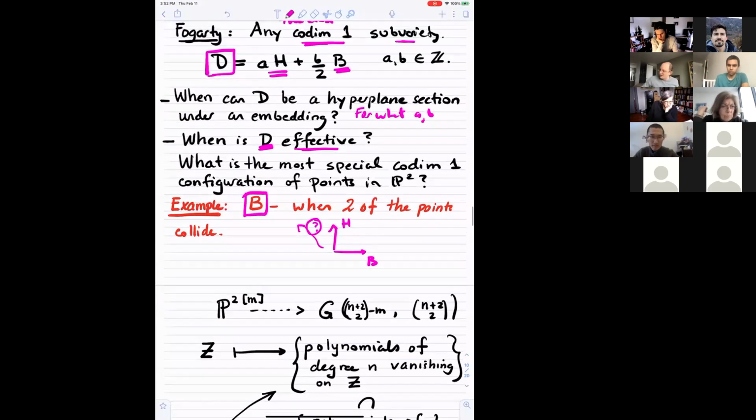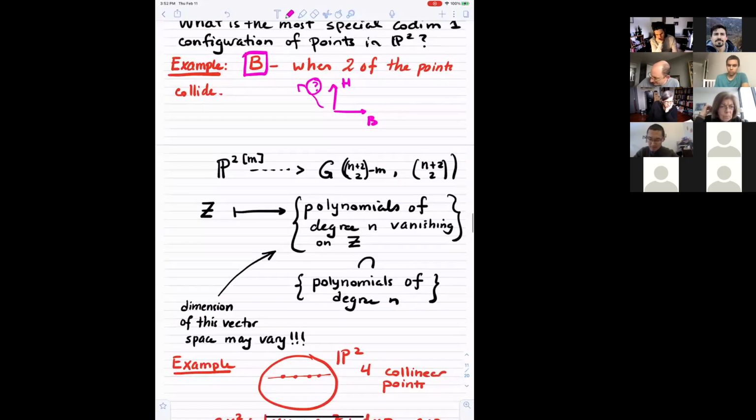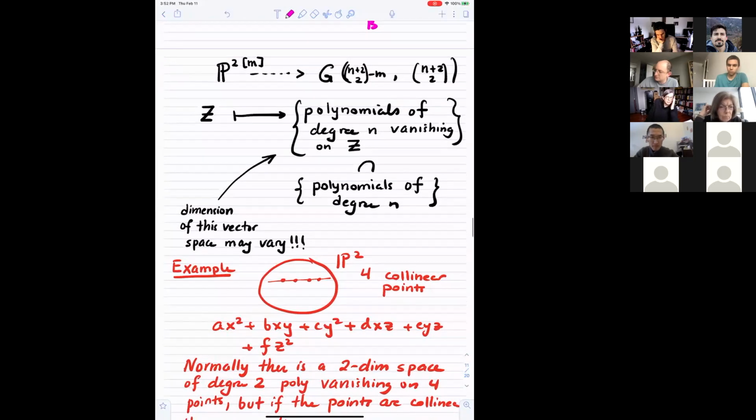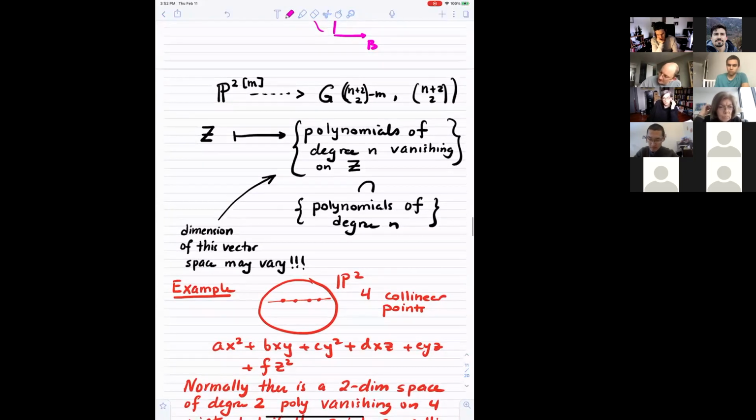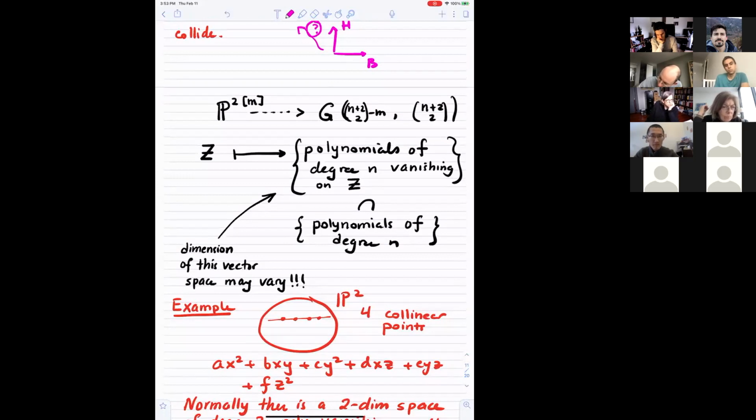So let me give you a few ways of viewing things. Suppose that you have your points, or your scheme Z, as we've been saying. Then I can look at polynomials of degree n that vanish on Z. This is some vector space, right? If you have M distinct points, you generally expect this to be a codimension M linear space in the space of polynomials of degree n, because,